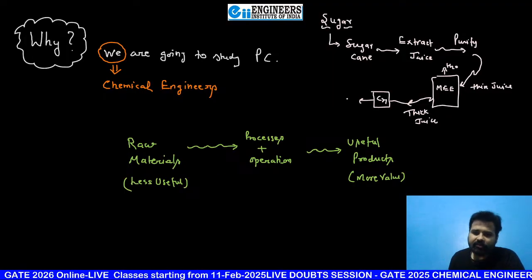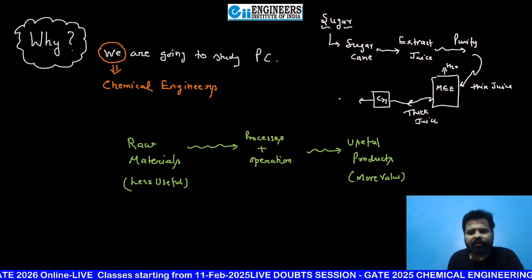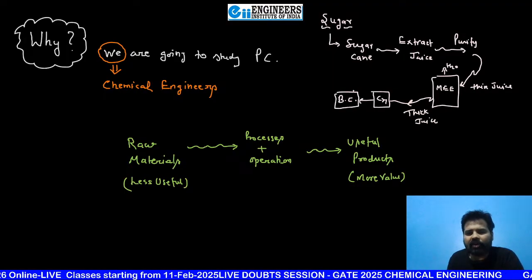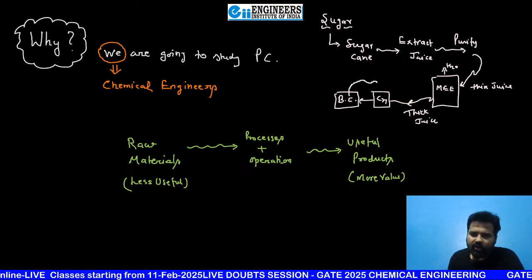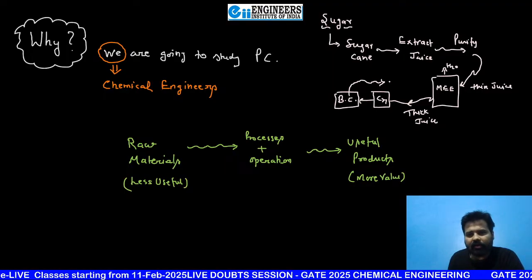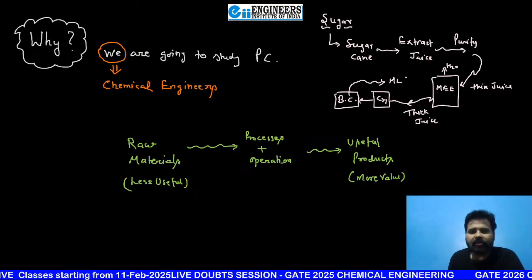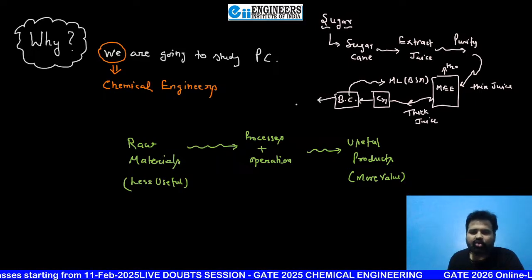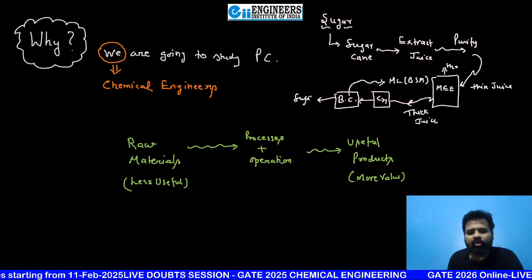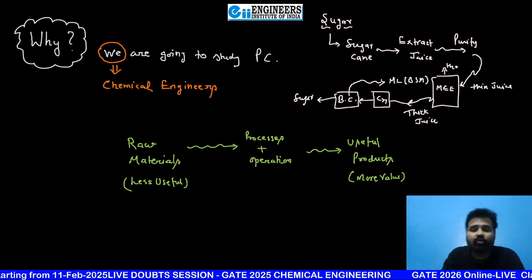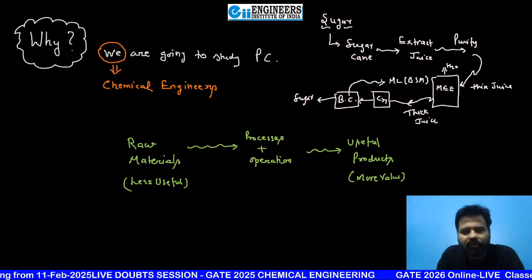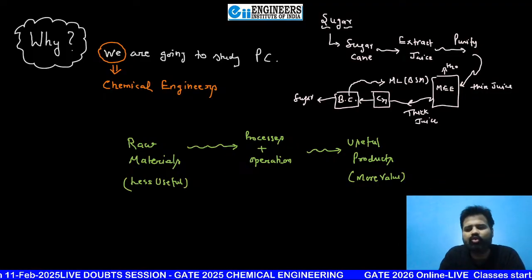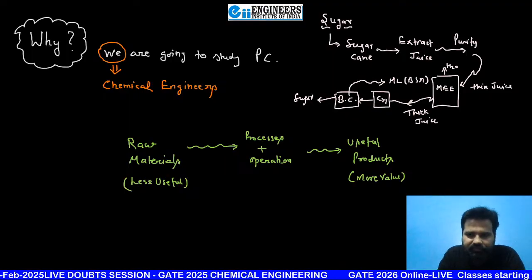After the crystallizer, for separation of crystals, a basket centrifugal. And after the basket centrifugal, the liquor you can recycle, that is mother liquor. After some time it is known as blackstrap molasses, and here you will get your sugar. Actually this is brown sugar because still you have to refine it. So refining of sugar comes after this stage. So details you will see in chemical technology. No need to worry, beta.